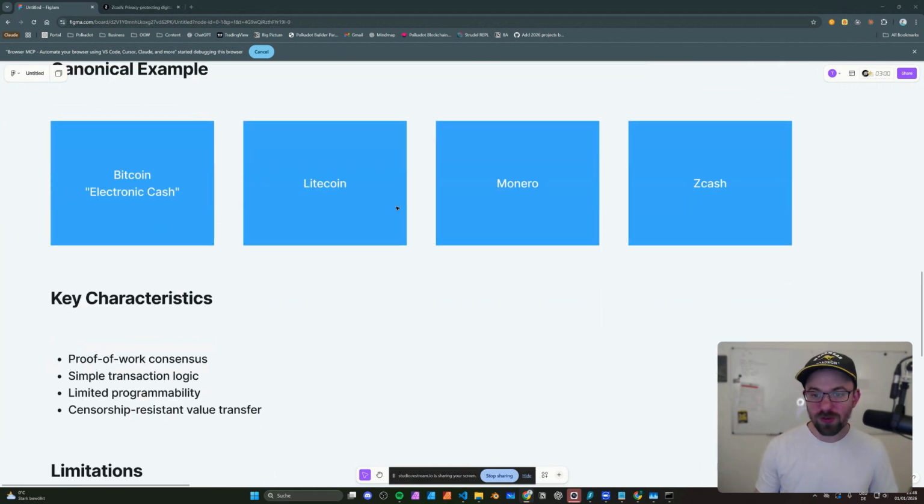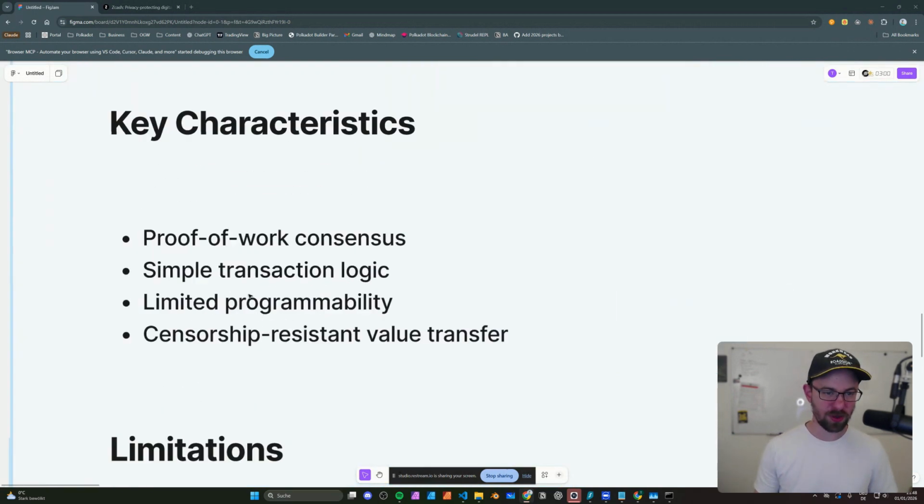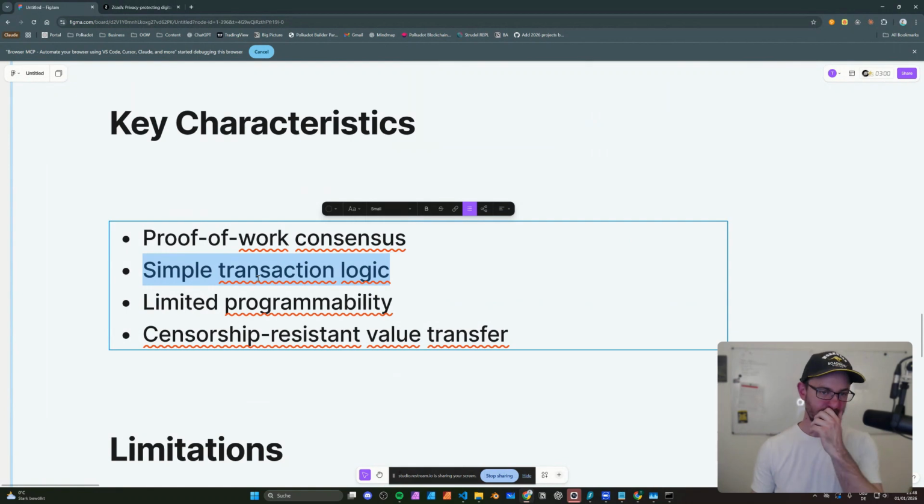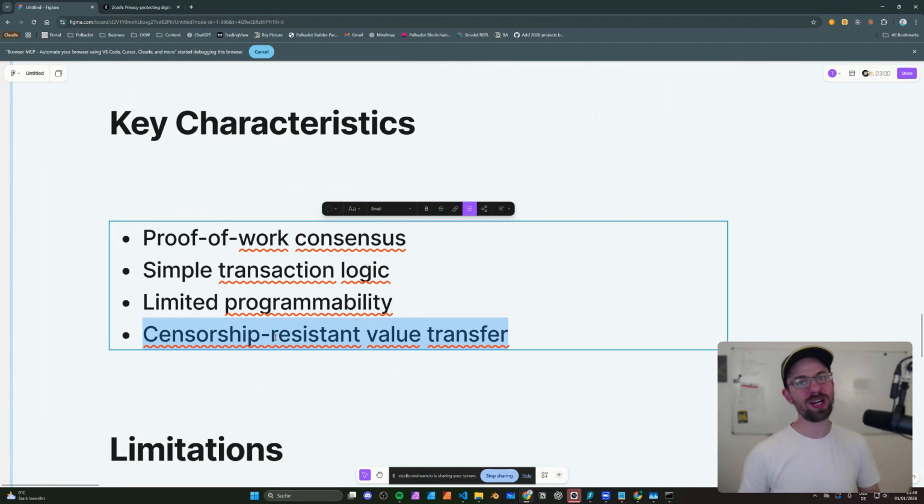So they all were focused on transferring money, right? So simple transactions based on proof of work. And there was not really a focus on programmability. We were basically happy that we could solve the basic problem of a decentralized network and agreeing on a common truth, on one source of truth, but in a decentralized manner. So the focus was on censorship resistance, resilience, decentralization, trustlessness. So those core attributes that we still talk about today.